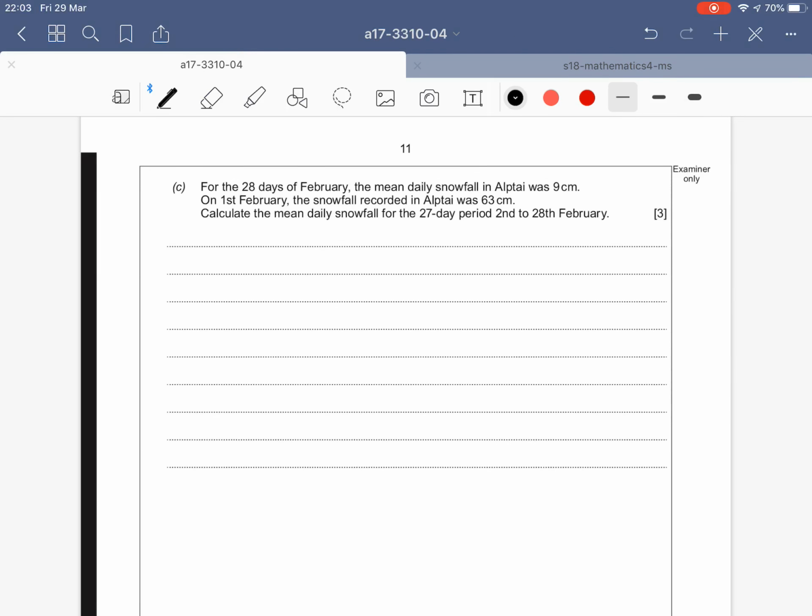Part C, for the 28 days of February, the mean daily snowfall was 9 centimetres. On the 1st of February, the snowfall recorded was 63 centimetres. Calculate the mean snowfall for the 27 days, so from the 2nd to the 28th. So they had all their days from February and they added them all up. So to find the mean, we add them all up and we divide by how many there are. So they divided by the 28 and they got 9. So to find out what they added up to, we can do the 28 times the 9. So they did add up to